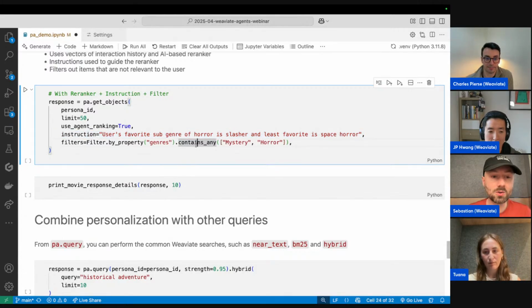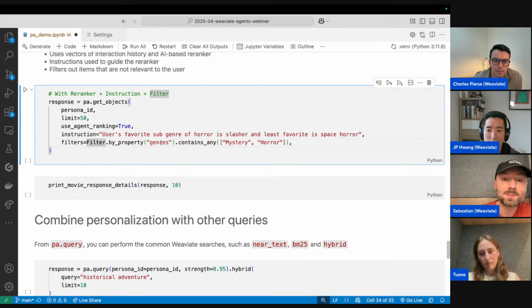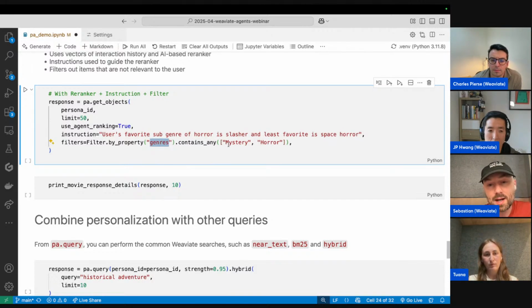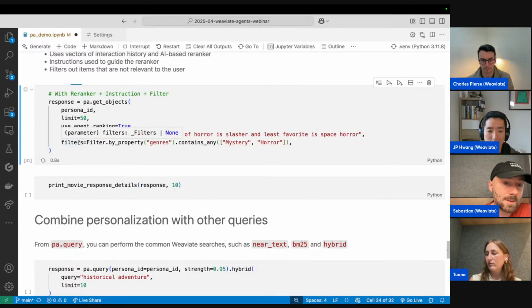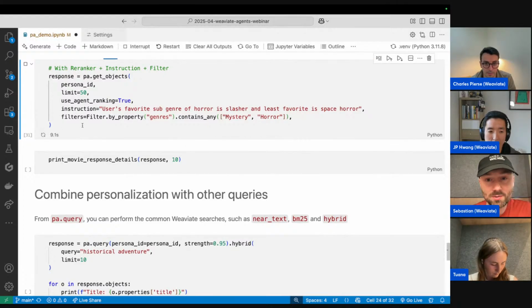And then what we can also do is add additional filters. For anyone that actually uses Weaviate, this uses exactly the same syntax for the filters. So I could say, I specifically want to filter out any objects, and they should include either mystery or horror. If it's not a mystery or a horror, I want to ignore those results. In a way that makes the job for the agent a lot easier, because it's got fewer objects to deal with.